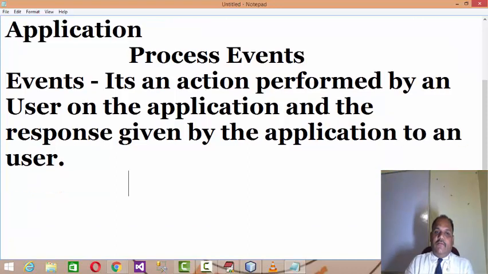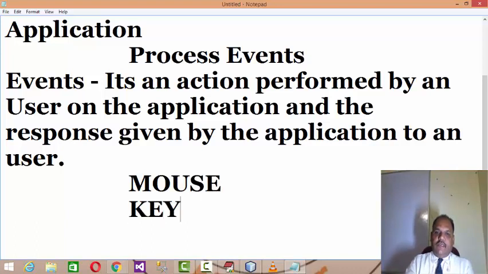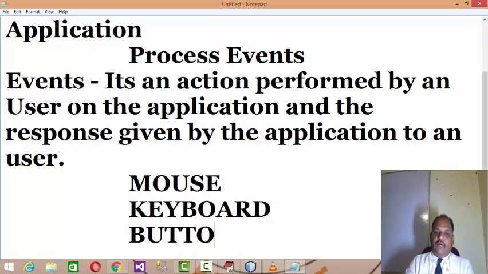Now mostly the events will be performed by the user by using the mouse, by using the keyboard, by clicking on a button. By using the mouse you move to some area, you drag out from some area, you click the mouse over there, on the keyboard you type something, or you use a key combination.